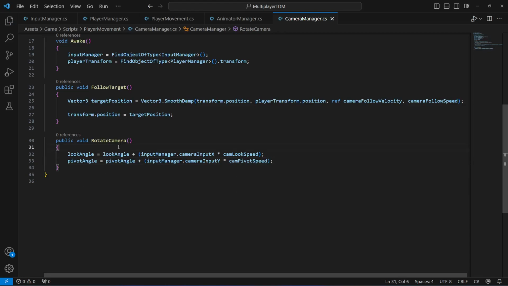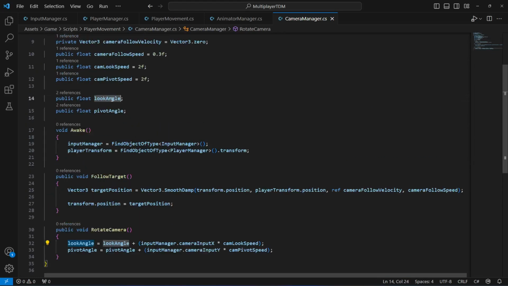So this will give us the angle in which we can look up and down, and this one is, as I told you, left and